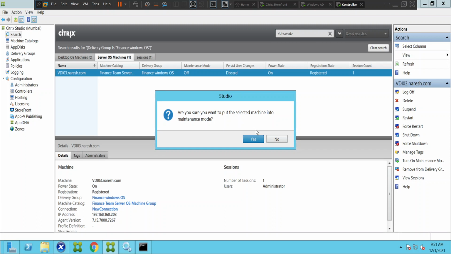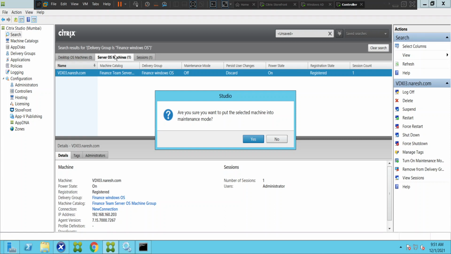When you keep the machine under maintenance mode, let's say there are 10 users already connected to this particular server OS machine, so 10 active sessions. In that case, the existing sessions, those 10 users who are already connected, would not be impacted. They can still access the Citrix applications.